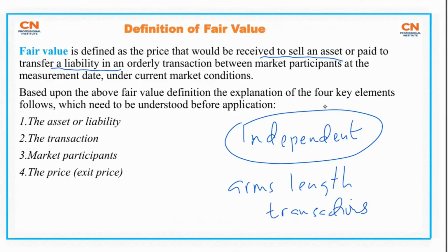So the question is, if the two parties do not know each other, how much would they charge? You see, that's fair value because it's going to reflect the amount that will be obtained from the market, right? So don't forget that we determine the fair value using independent parties, parties that are not related to each other, so that we don't want the price to be affected. We want to get a true fair value. All right. So that's it. It's the amount you receive to sell an asset or paid to transfer a liability.